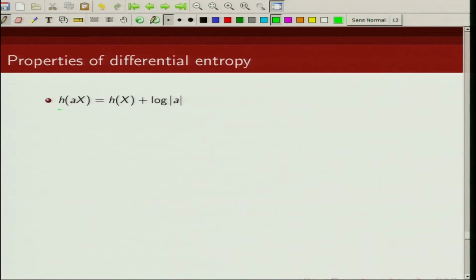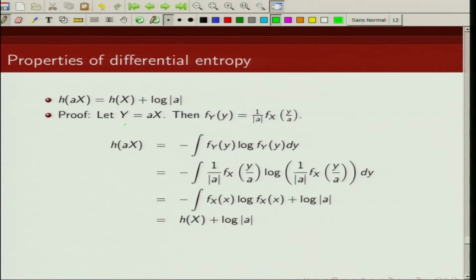So this is the effect of scaling. Differential entropy of a times x is given by differential entropy of x plus log of absolute value of a. So here y is given by a of x. We can write the density function of y in terms of density function of x, and from the definition, differential entropy of y is given by